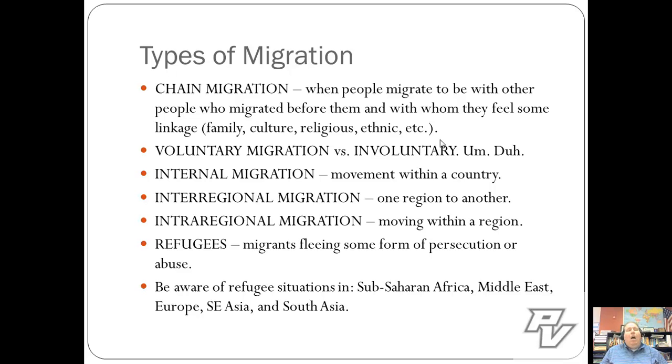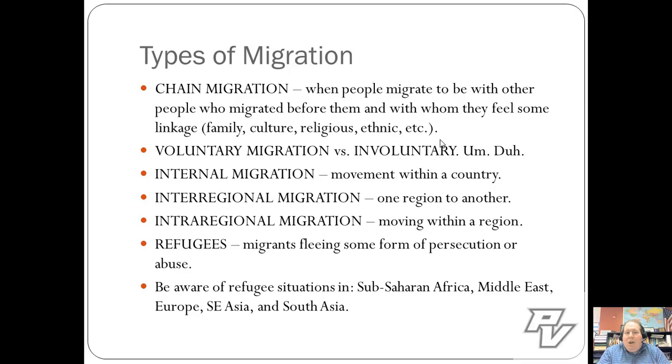Refugees. A refugee is a migrant who's fleeing some form of persecution or abuse. Typically, they're coming from a country with a negative political system, or they're being targeted, or they're otherwise just in a bad situation. They're fleeing some kind of persecution or abuse, and they're therefore trying to seek asylum in a new country. Remember that the United States accepted a lot of refugees who were coming out of communist countries during the 1960s, 70s, and 80s as a result of, for example, Cuba becoming a communist nation.